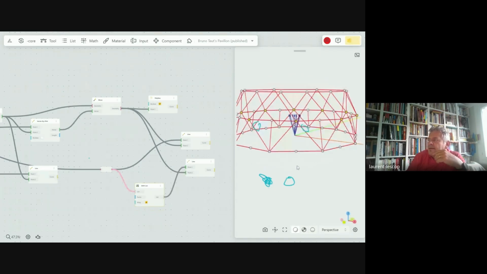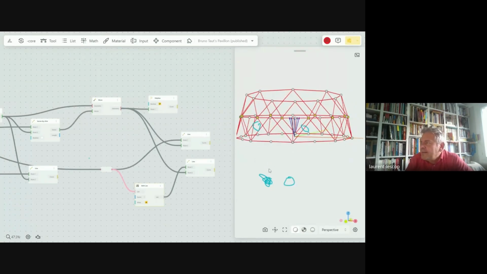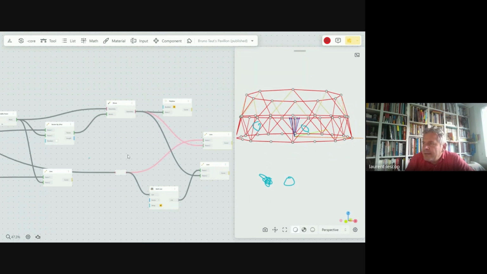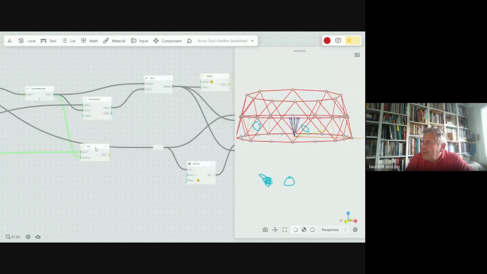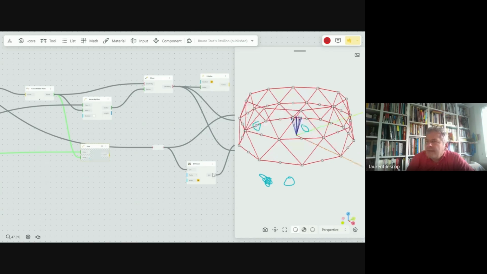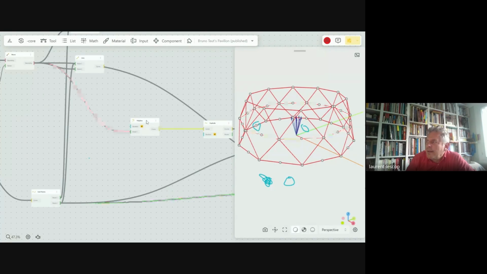And there. Then I just have to hide what is not necessary to see. So this one I need to see. That one, for now, I need to see. That one, I don't want to see, and that one I don't want to see.